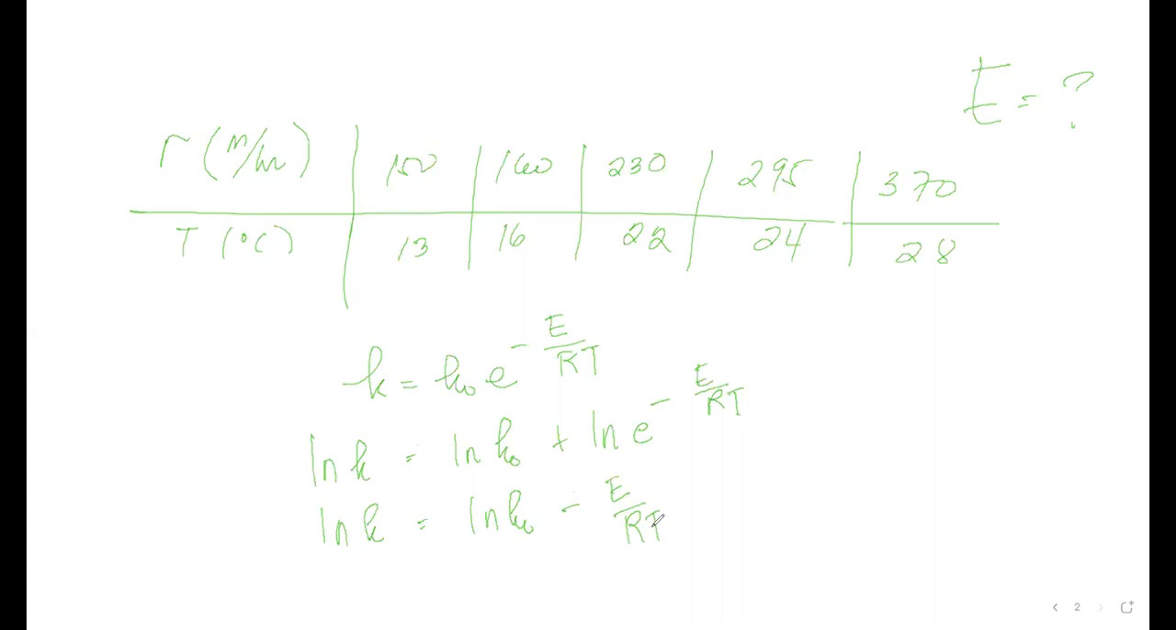Then you want to rewrite it as negative E over R times 1 over T, plus ln k sub o. To solve, the slope is negative E over R. Before you can do the slope, what do you do? Before you work on the slope,